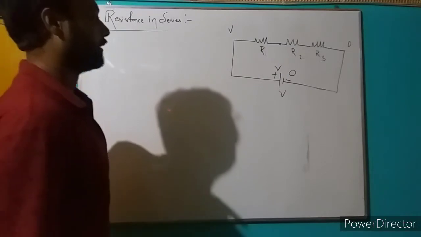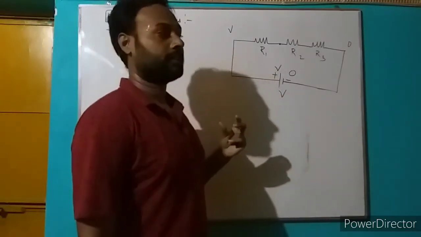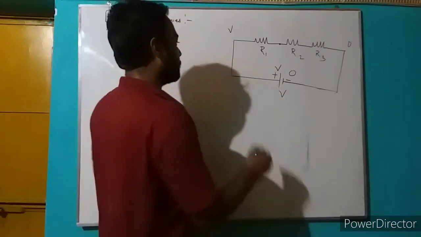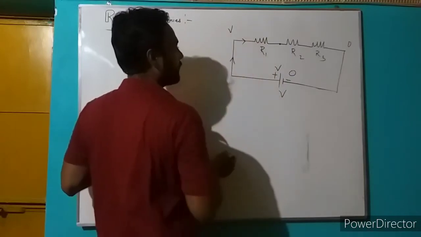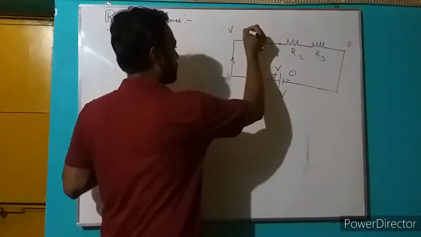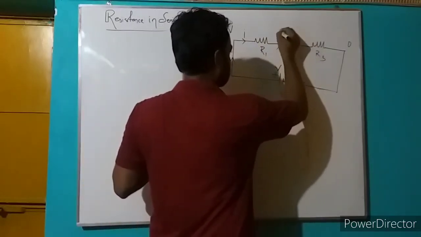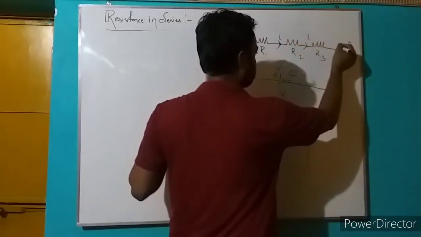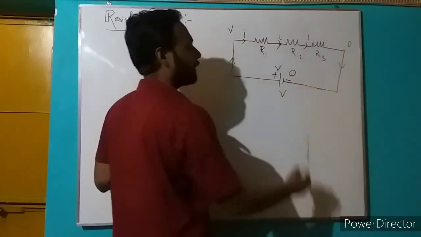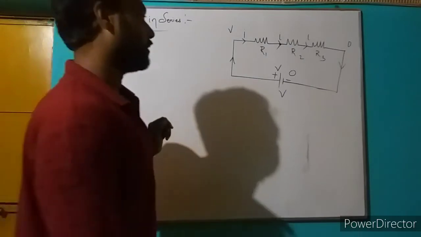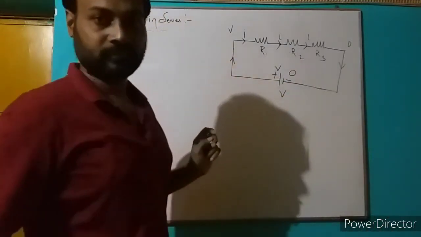Whenever we use the cell, there is a current drawn toward the resistors, that is I amount of current going through all the resistors, that is I, that is also I. After that it moves toward the negative terminal of the battery, so the current moves in a complete path. Okay,